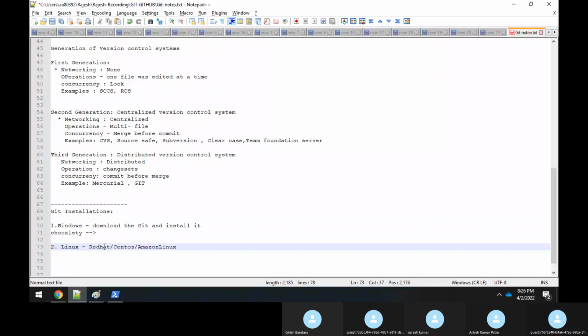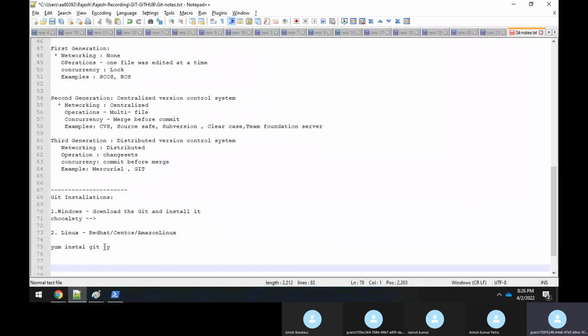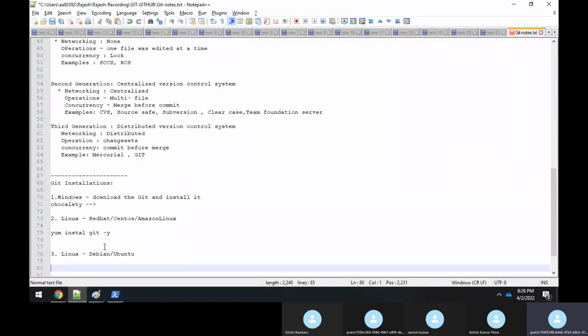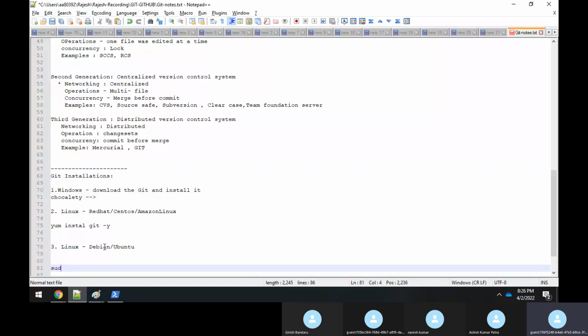On Amazon Linux, you can install it with the help of yum install, just say git -y, this command. Or if you're using Linux with Debian or Ubuntu distribution, there you know very well that I have to install it with sudo apt-get install git